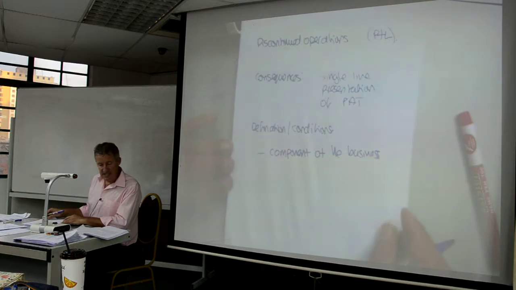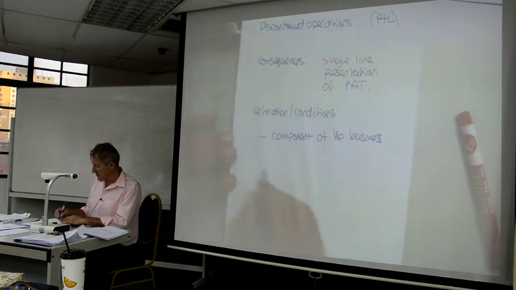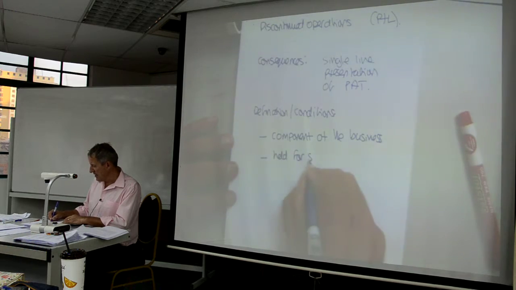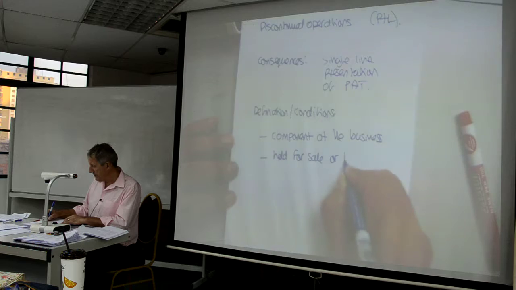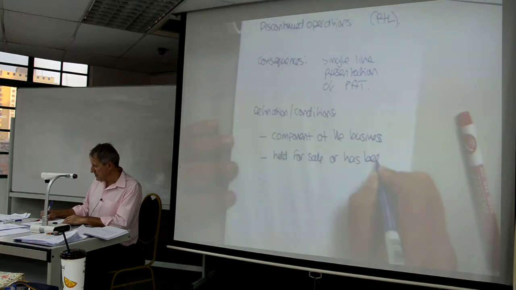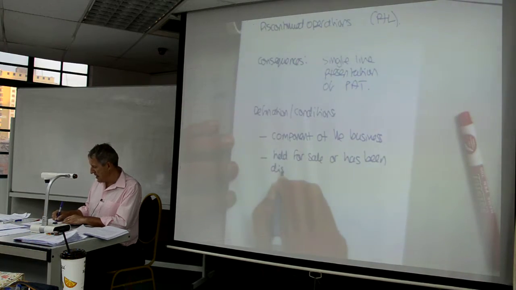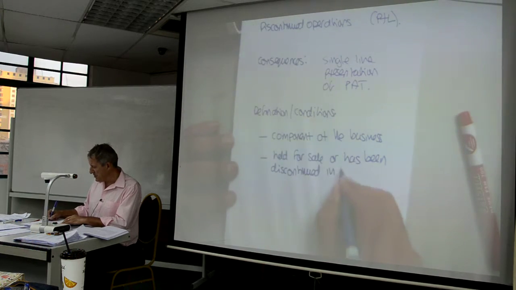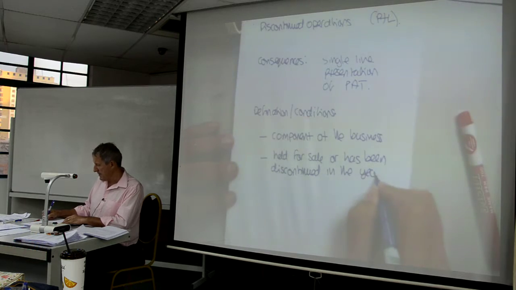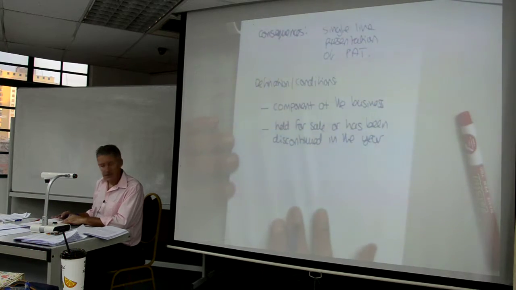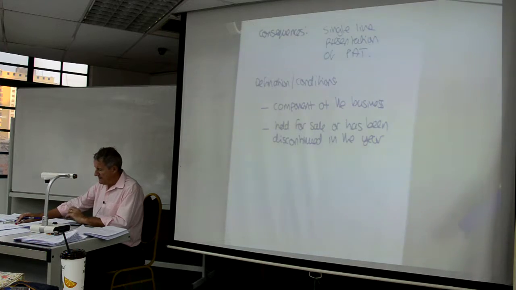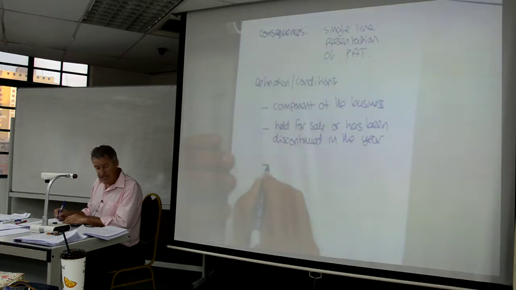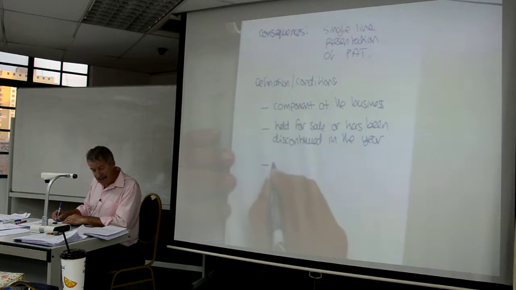It's a clearly defined part of the business that is held for sale or has been discontinued in the year. So the terms and conditions, it's a part of the business which has been held for sale or has been discontinued in the year and